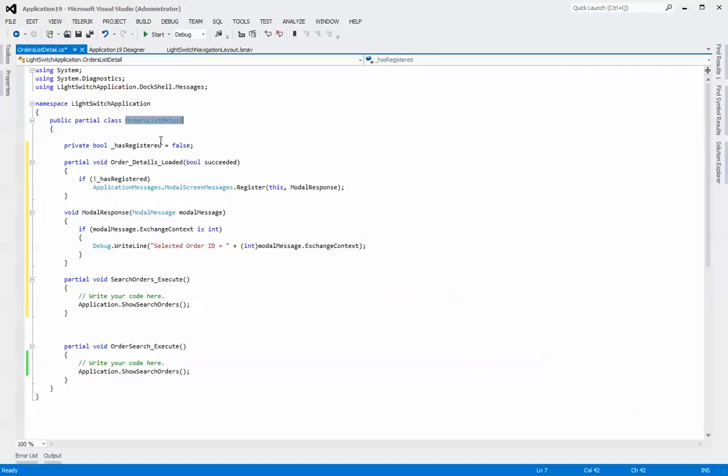So this is the order list detail screen. So what we're doing is we're saying on loaded, if we haven't already registered for the callback for the modal screen message, let's do that right here. And this is the callback here. This is modal response. This is the action. And as you can see that it's returning this modal message. And all we're doing is we're just double checking that the content of that message is actually of type integer. And we're just printing that out. So maybe we'll set a breakpoint here, and we'll set a breakpoint here. So that is on the